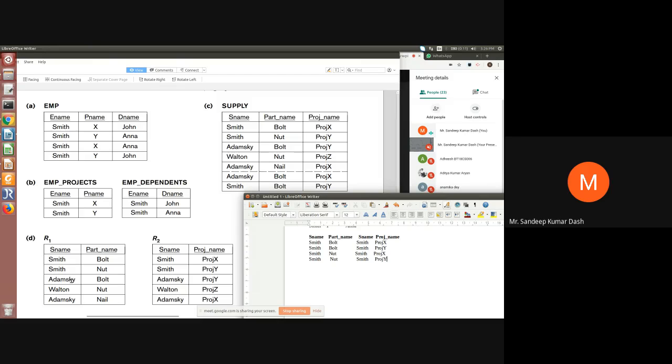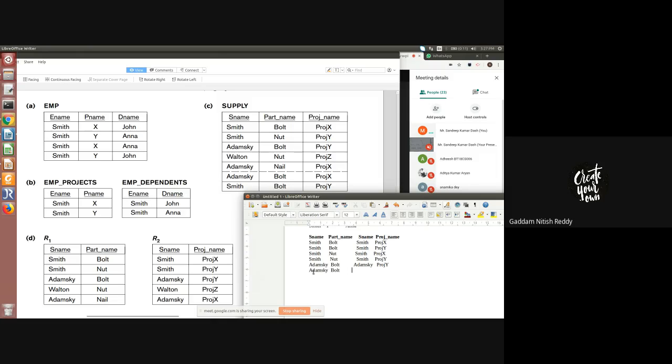Again, it will be having Adamski bolt. Then it will match with Adamski project Y, Adamski project X. Fine. So if I write Adamski bolt with Adamski, any doubt? No problem, no? It's clear. Adamski. Next combination will be what? Adamski bolt with